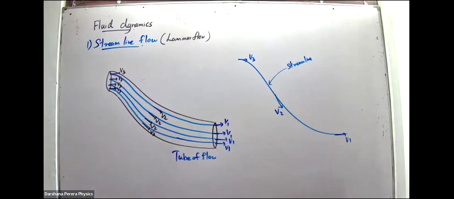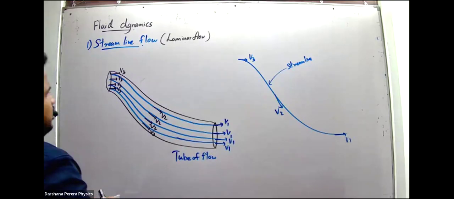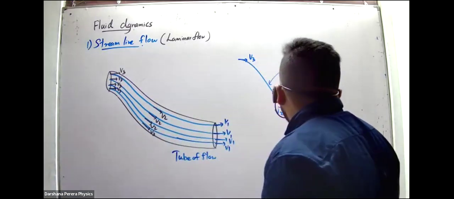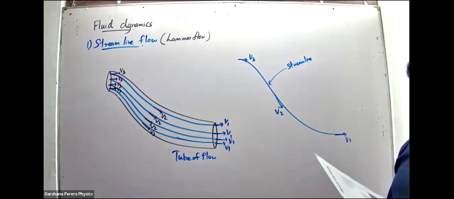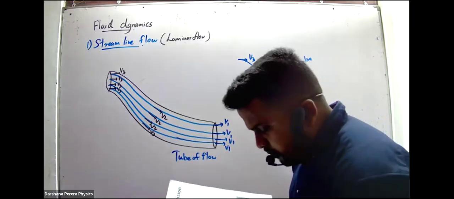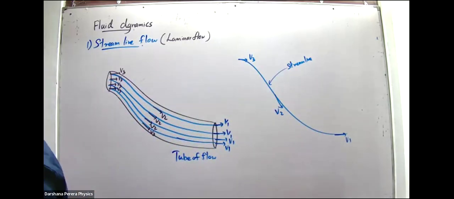Write down: the velocity at any point can be taken as the value along the tangent drawn to the streamline. The tangent drawn